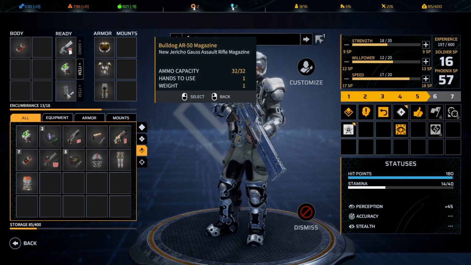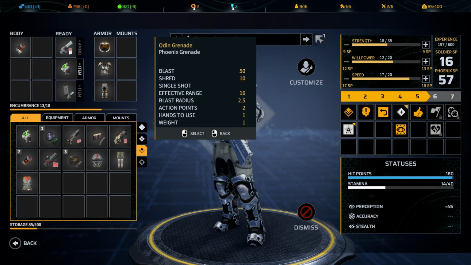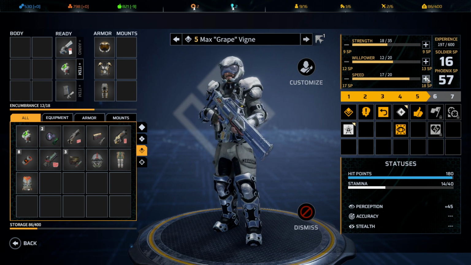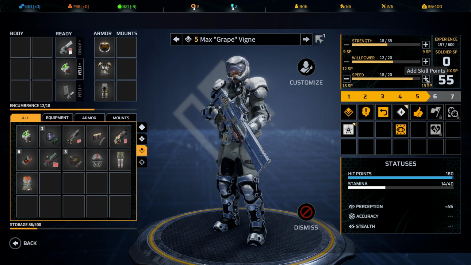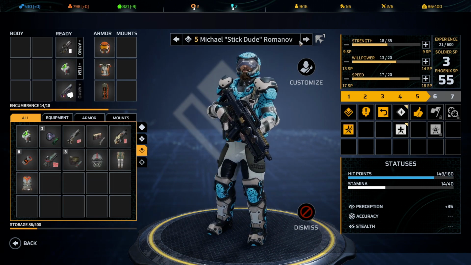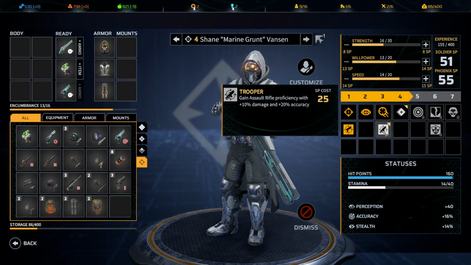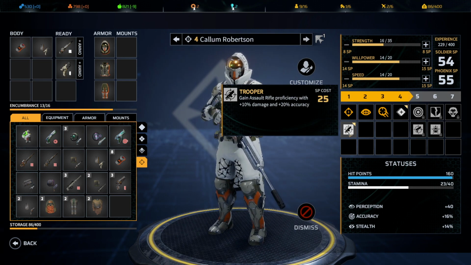You still have to reload here on the Bulldog, so we'll get rid of that. And we're going speed on this one. We'll dip a tiny bit, but it's only 2 points. And Michael Romanov did... Yeah, you didn't. Okay. We're covered. Utakeda, you're sitting. Shane Vanson. Now you are probably going to be cross-class. You and Callum...